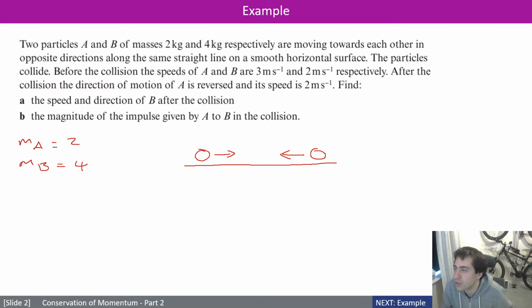Before the collision, the speeds of A and B are 3 meters per second and 2 meters per second respectively. Note that it says speeds. After the collision, the direction of motion A is reversed and its speed is 2 meters per second. Find the speed and direction of B after the collision. So it might seem fairly simple, you just use that conservation of momentum formula. But I think this question is worth being careful on, because there's a few unknowns in terms of the direction things are going,